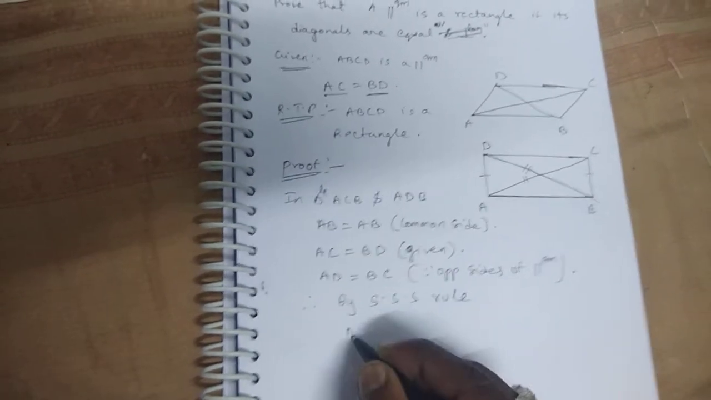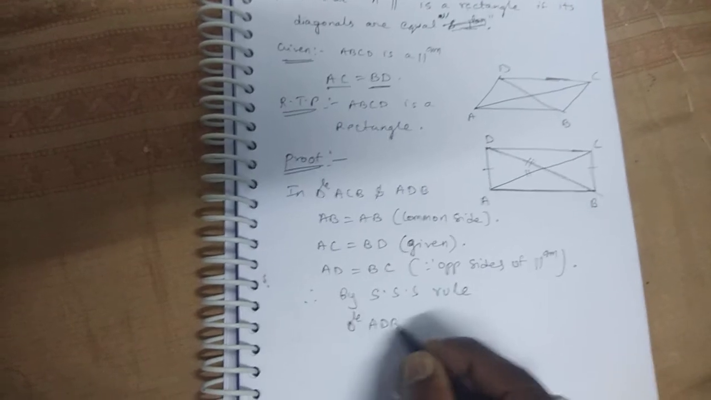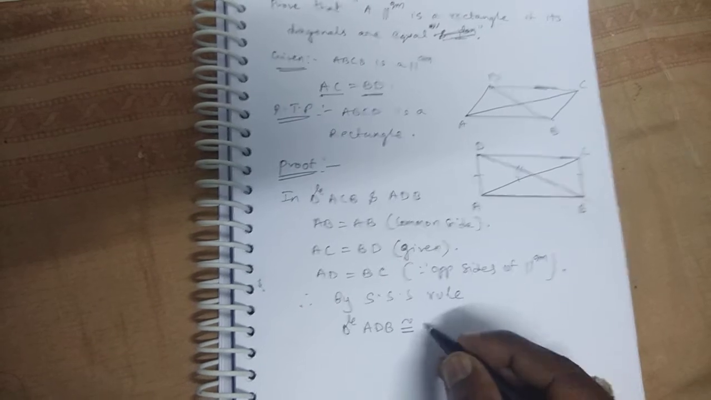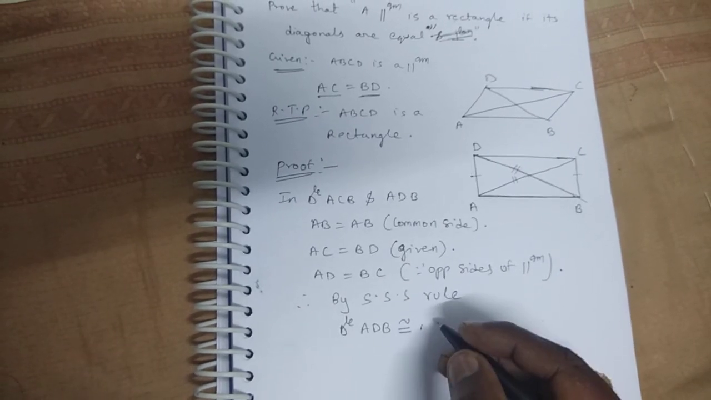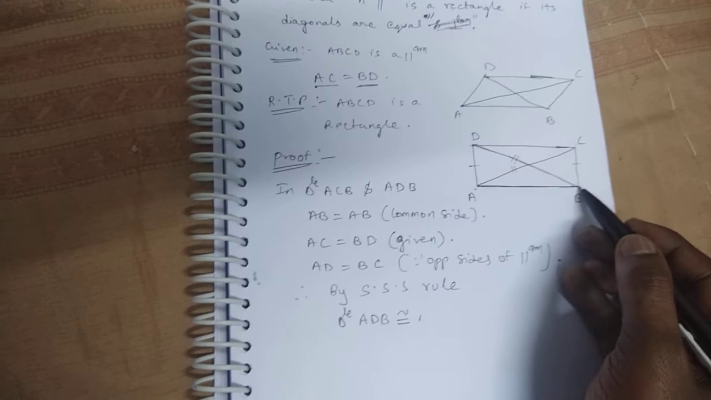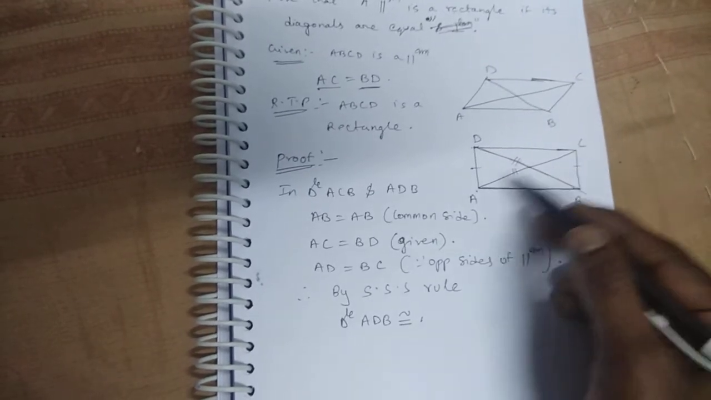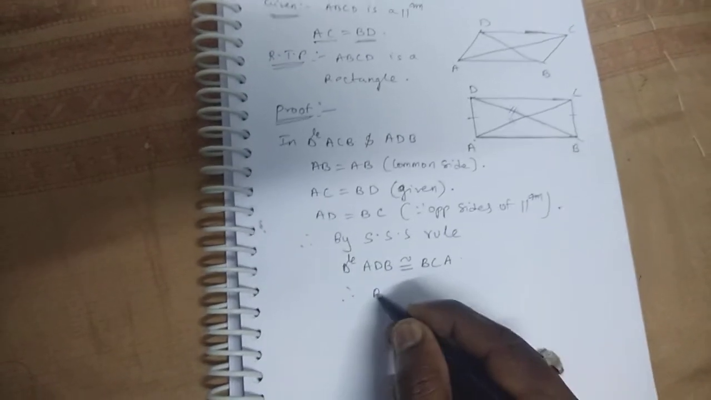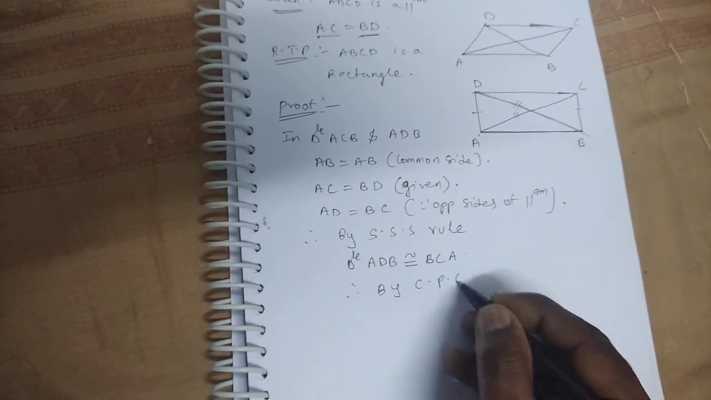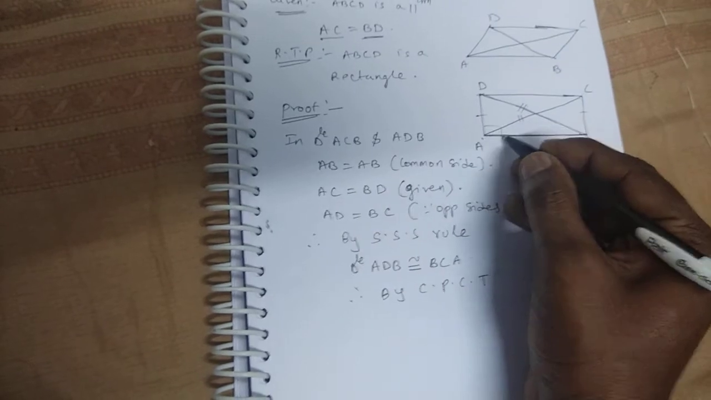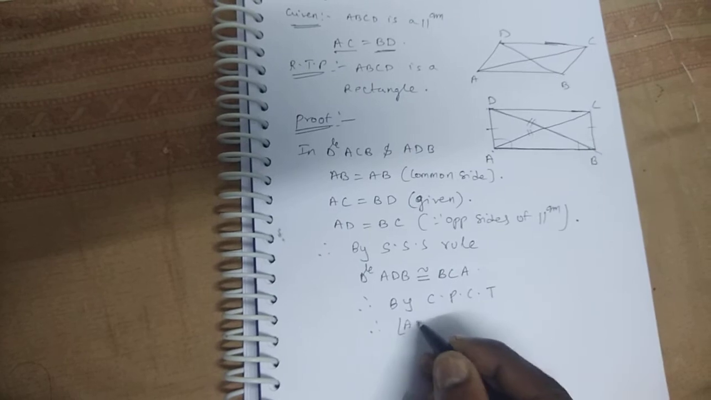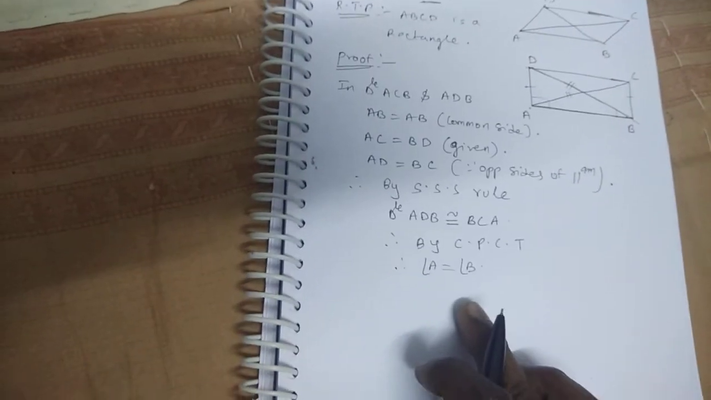I can say that triangle ADB is congruent to triangle BCA. These two triangles are congruent. Therefore, by CPCT, corresponding parts, angle A is equal to angle B. Both angles are equal. But